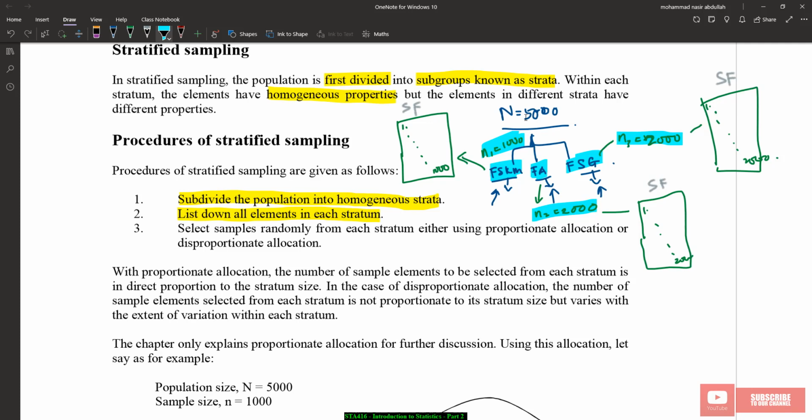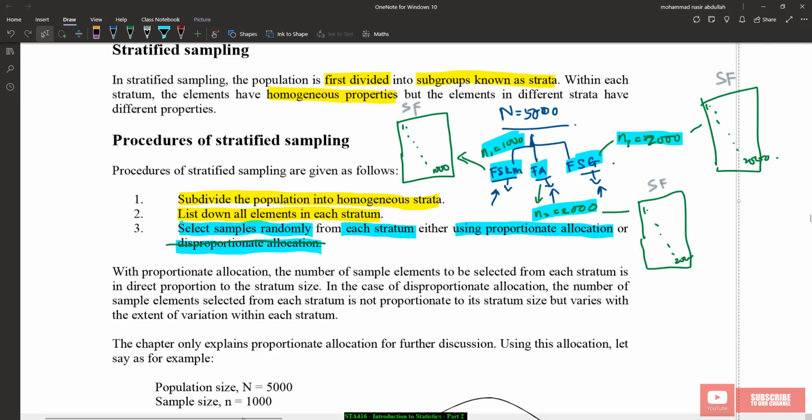Right? So step number 3, select a sample randomly from each stratum, either using proportionate allocation or disproportionate allocation. But in this subject, we only focus on proportionate allocation. Disproportionate allocation we will look at later when we have time. Okay. So now